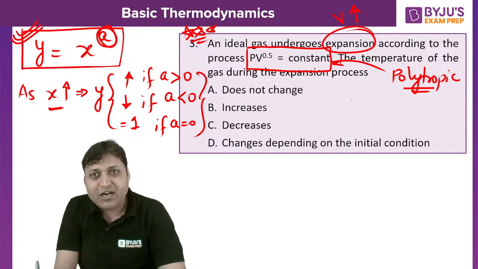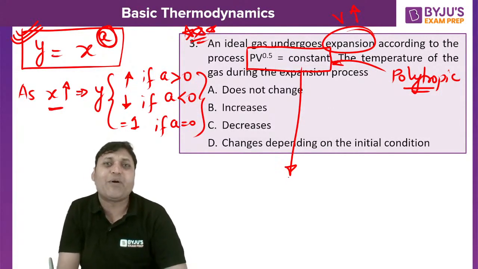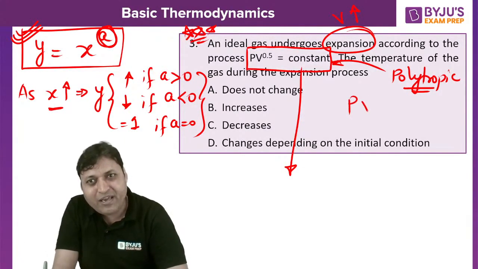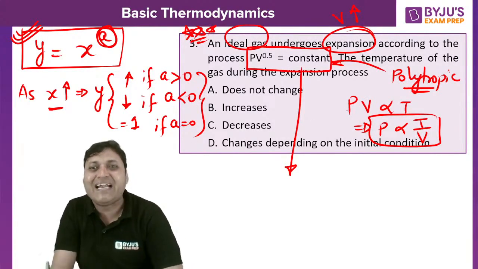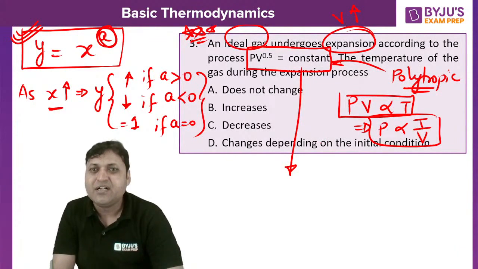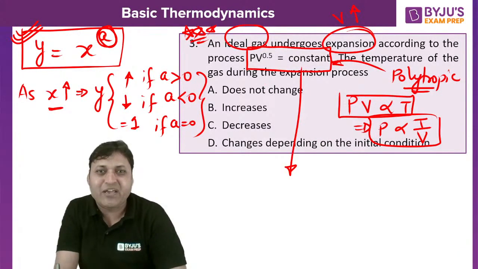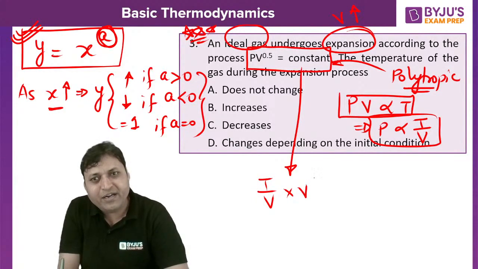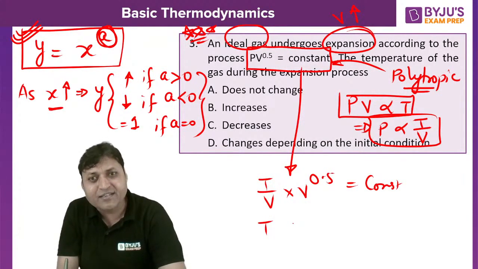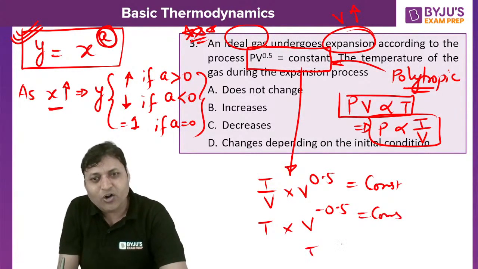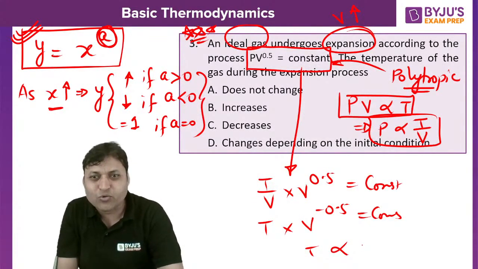And if you see the relation between temperature and volume, we need to develop. So PV to the power 0.5 is equal to constant. Can we say PV is directly proportional to T? So we can say P is proportional to T by V from the ideal gas equation. From the ideal gas law, PV is directly proportional to temperature. So P is proportional to T by V. Put the value T by V into V to the power 0.5 is equal to constant, or we can say T into V to the power minus 0.5 is equal to constant, or we can say T is proportional to V